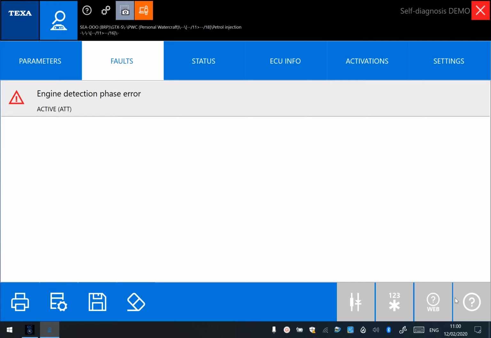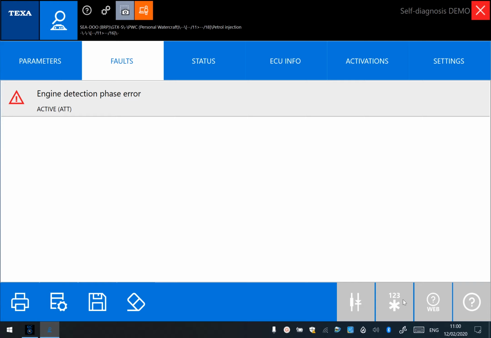Now just in the bottom right hand corner here, if we had information associated with that particular sensor, for example, this one here in the bottom right is wiring diagram. So if there was a wiring diagram specific to that sensor fault, you'd be able to click that and it would take you directly to it. Just to the right of it is what we call freeze frame technology. So that's on later engines or later equipment where you can actually see what was going on with the engine